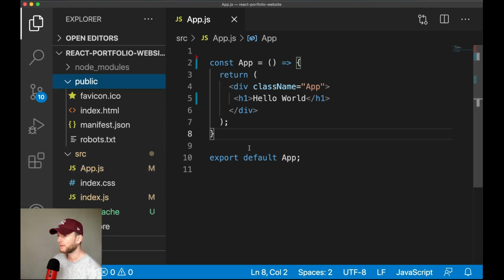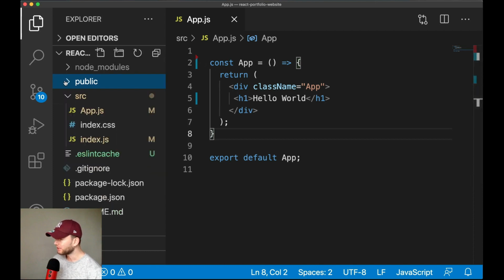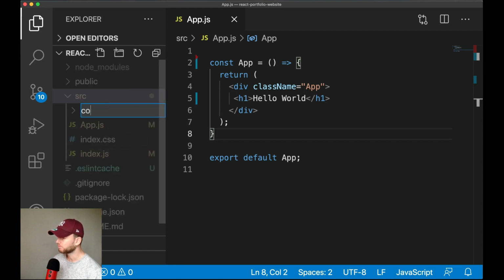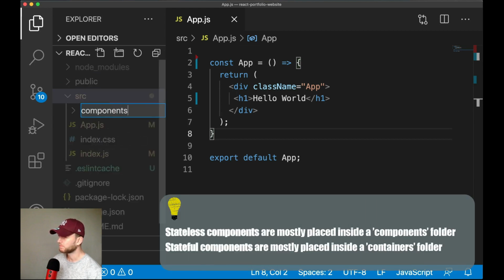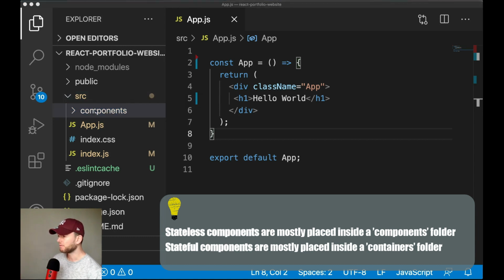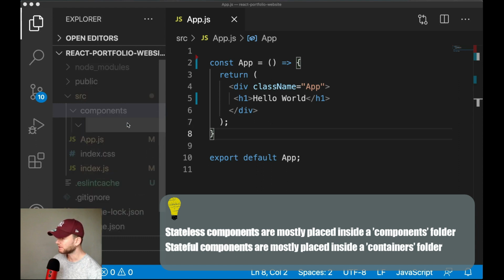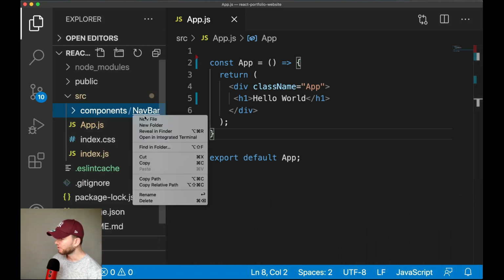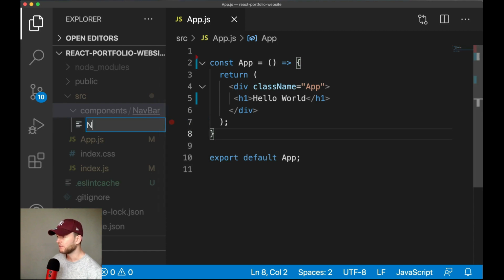Alright, let's now start with creating our pages, or components I have to say. And we start with creating a folder called components. And inside that components folder we create our components. Now we will create the following components. We will create a Navbar, so we will create a folder called Navbar. And inside that Navbar folder we will create a file called